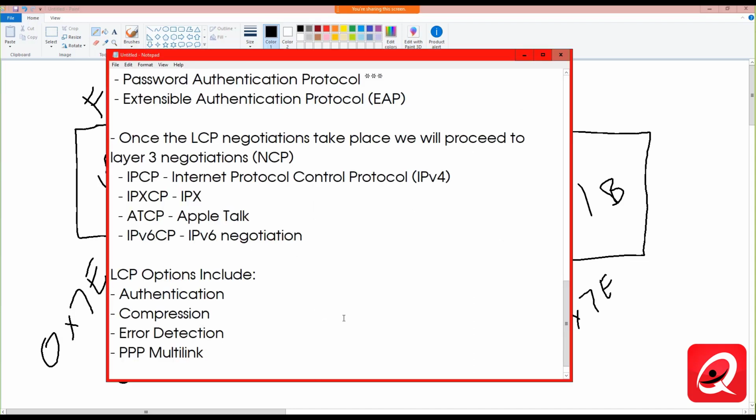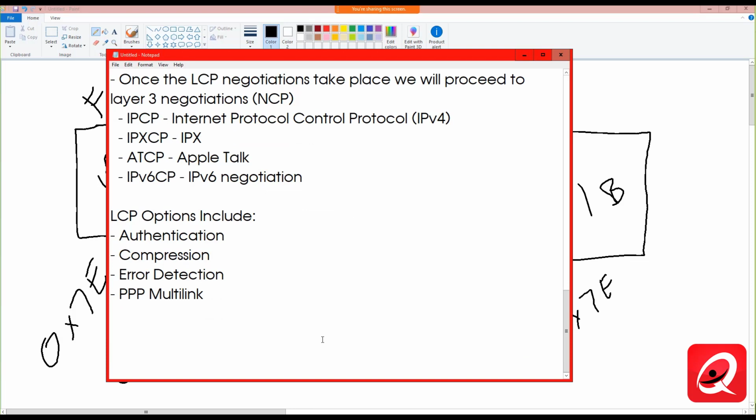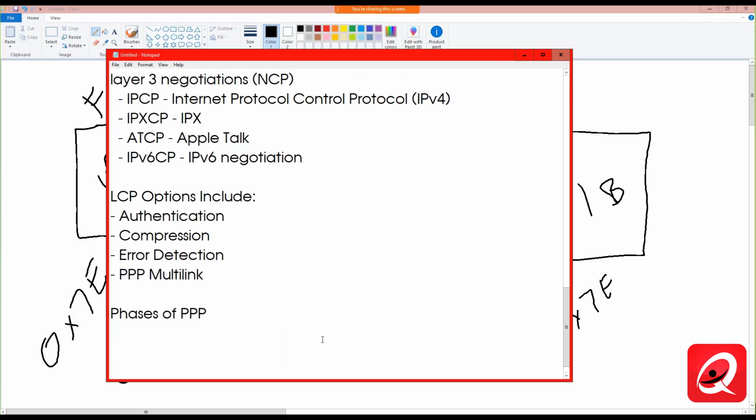Okay? So the last thing I want to talk about before we actually get into the configuration and troubleshooting and verification are the phases of PPP, because you'll definitely have to know this for the written exam. I doubt you'll have to know this too much for the lab unless you get caught up in some sort of weird troubleshooting scenario, but I doubt it. All right. So one would be the link is dead, meaning that that's a complete failure